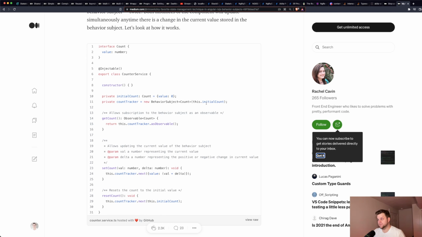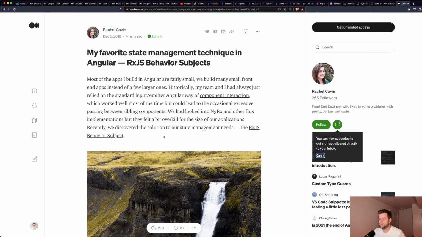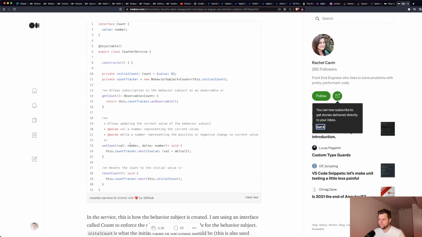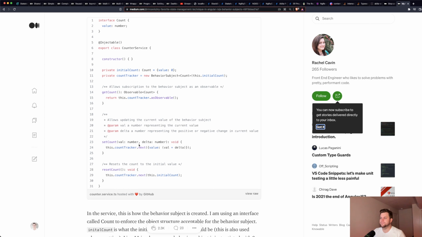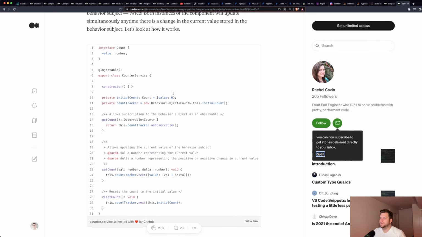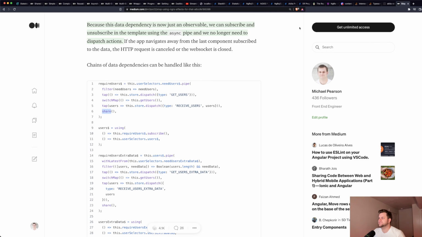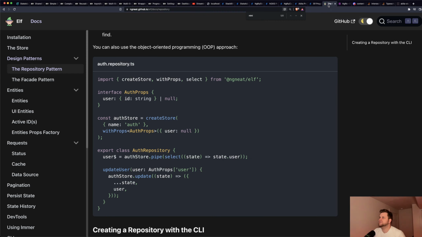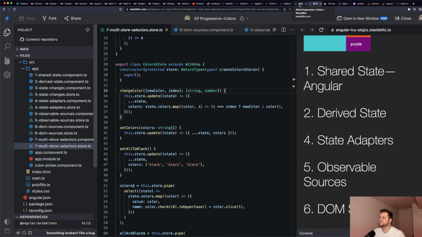Oh, it's a behavior subject. Okay. It's no $ sign, but when was it written? 2018. Okay. I mean, this is basically what I expected. As observable, you can also just do .pipe. Yeah, I'm just going to do the way I thought it was going to be done. This is leftover from last time. And that is some random stuff. That's elf. Okay, so